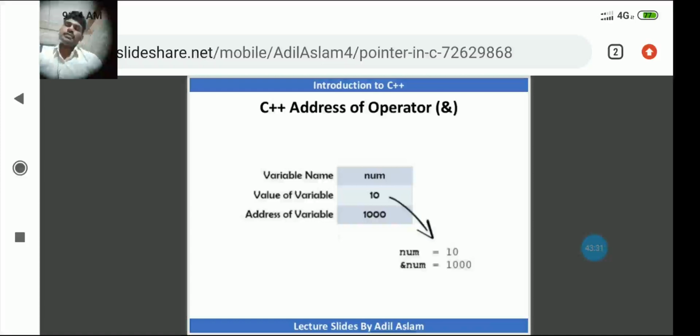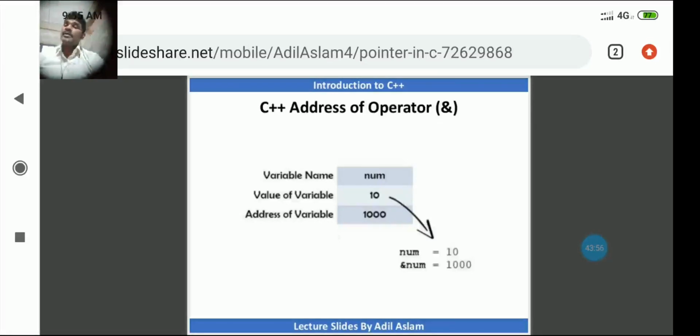Look at here. Now you can clearly understand what is ampersand, what is the address operator. Here the variable name is given. What is the variable name? Num. And the value is also given. What is the value of that variable? 10. And the address is also given. What is the address of the variable? 1000.